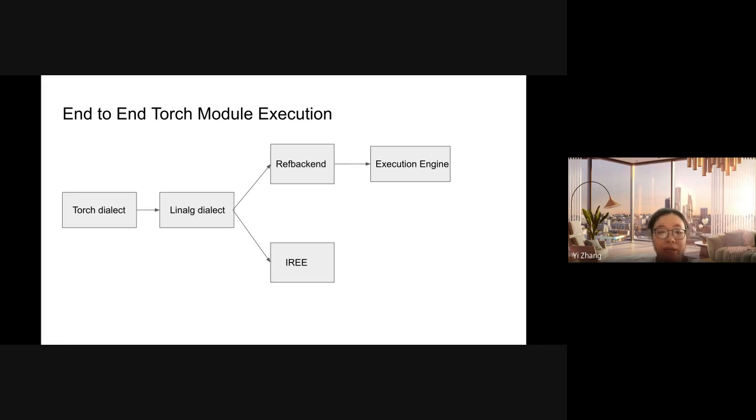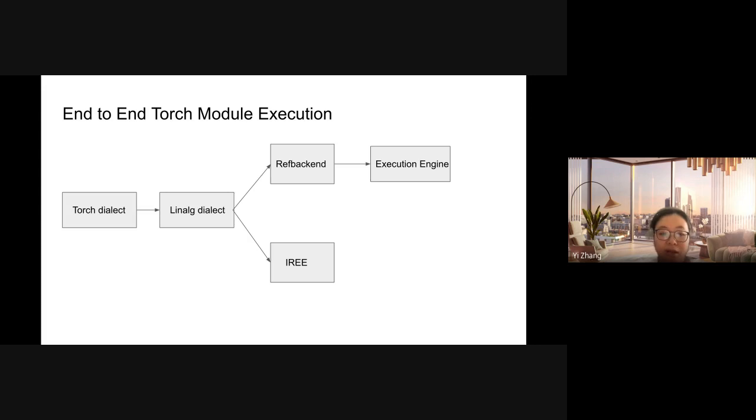One of the backends we are using is the ref backend, which is essentially just wrapping a few passes in MLIR out of the box, lowering the Linalg dialect to the LLVM dialect, and then letting the execution engine run the LLVM dialect.